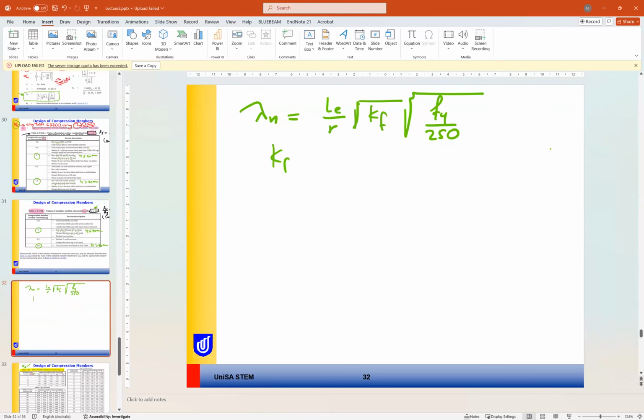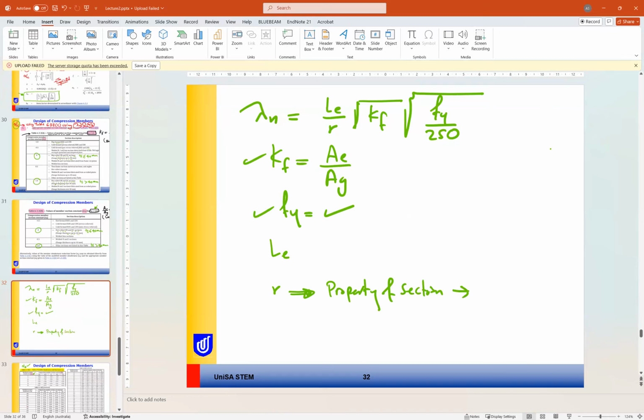So we know Kf equals Ae over Ag. We know Kf, and also we know f yield. No problem with f yield. We don't know L effective and we don't know r. What is r? r is the section property, or property of section. We call it the radius of gyration. The radius of gyration r equals to,